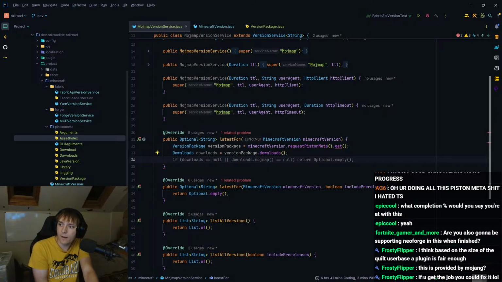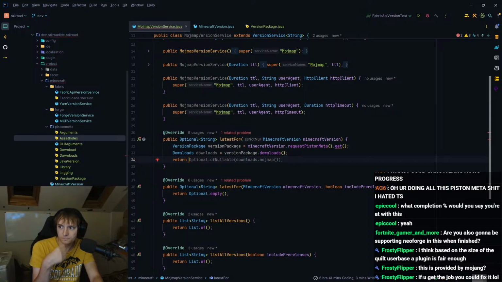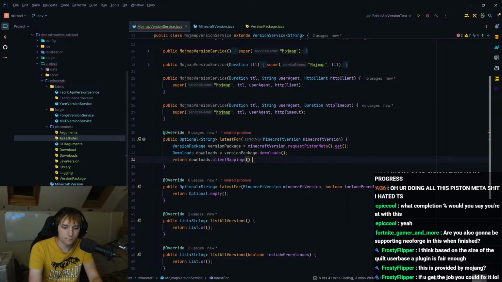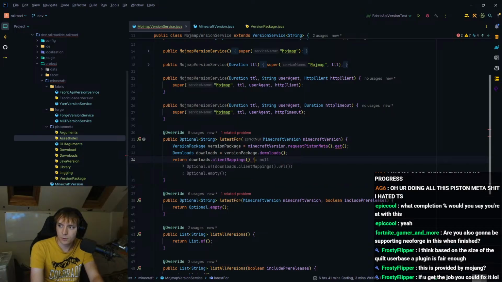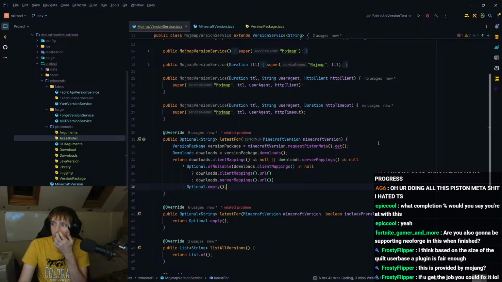And then I just want to return downloads.client mappings is not equal to null, or downloads.server mappings is not equal to null.